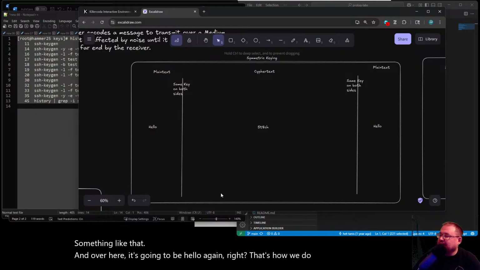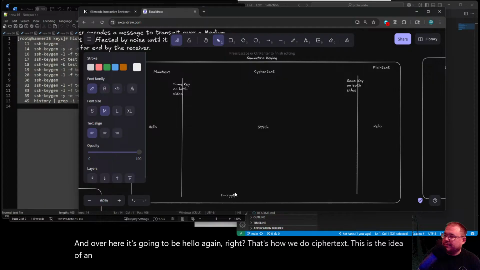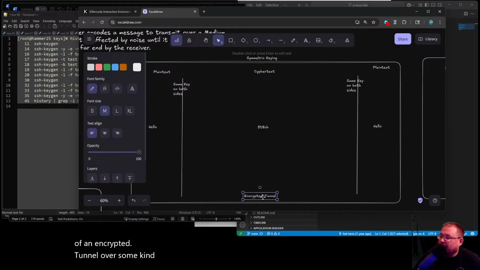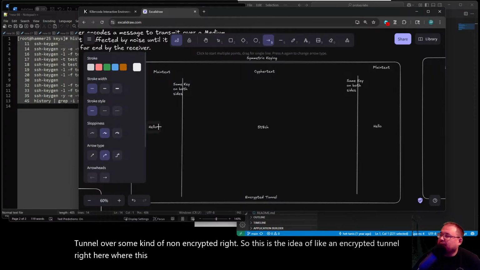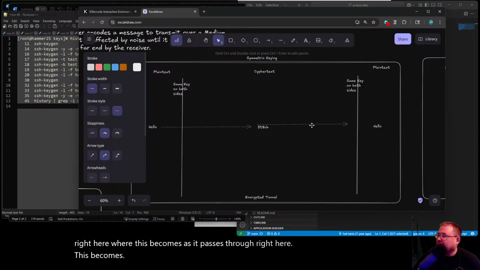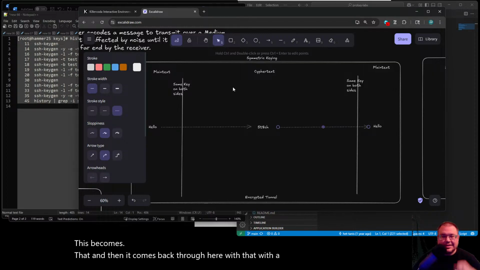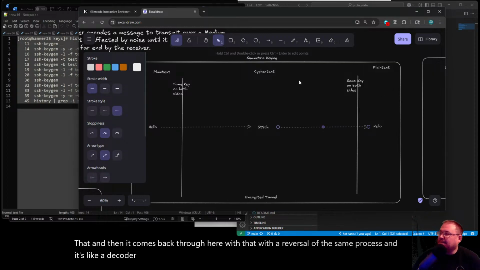This is the idea of an encrypted tunnel over some kind of non-encrypted network. As it passes through right here, this becomes that, and then it comes back through with a reversal of the same process. It's like a decoder ring. It's the same key on both sides, right? This is the general process of what we're doing.